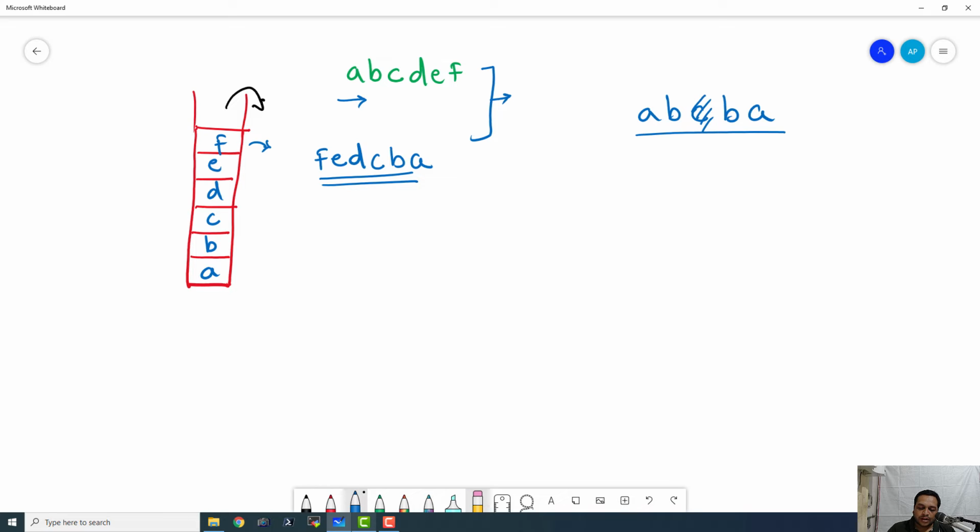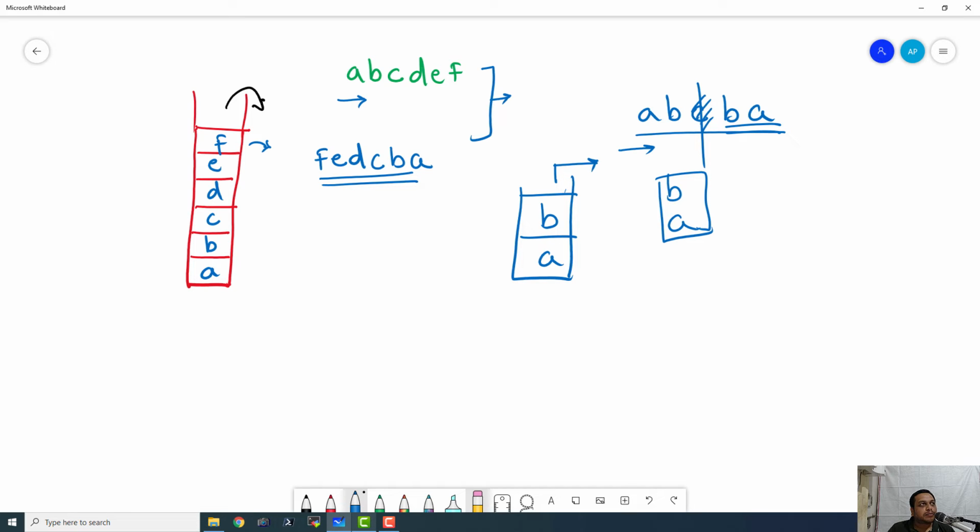Just push all these elements onto a stack till we reach the middle, so A and B. Then when the middle is over, start popping the elements from the stack. And if they match the rest of the sequence, B and A, then that particular string is a palindrome.